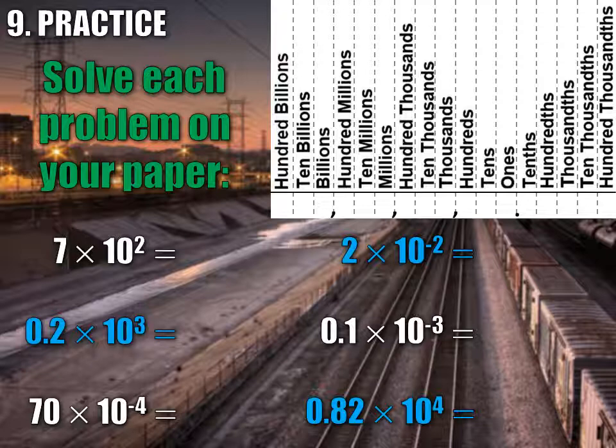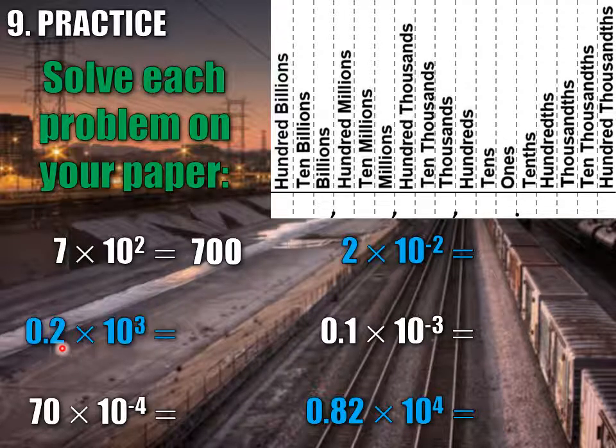Seven times 10 to the second power. Notice the 7 is in the ones place. Come over to the ones place. Multiplying times 10 to the second power means we need to get larger by 2 spaces. So starting in the ones place, we'll move 2 spaces larger, and now the 7 is in the hundreds place. So the answer to 7 times 10 to the second power is 700. For the next problem,